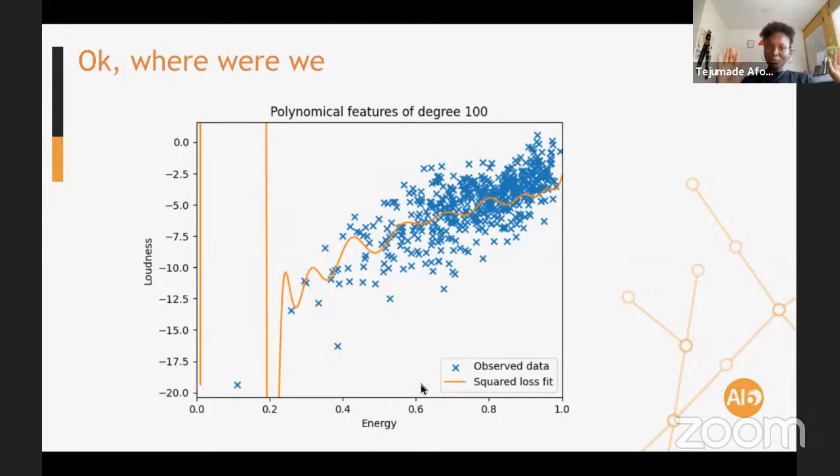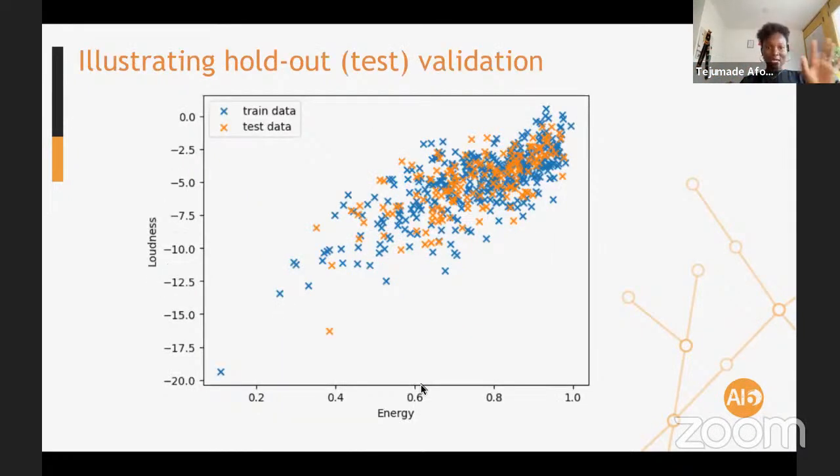We had this polynomial feature of degree 100, and it started to overfit. Now we have set aside some train data and also test data. You can see that roughly they're still in the same distribution. The test data are marked in orange, and we will train with the data set marked in blue.